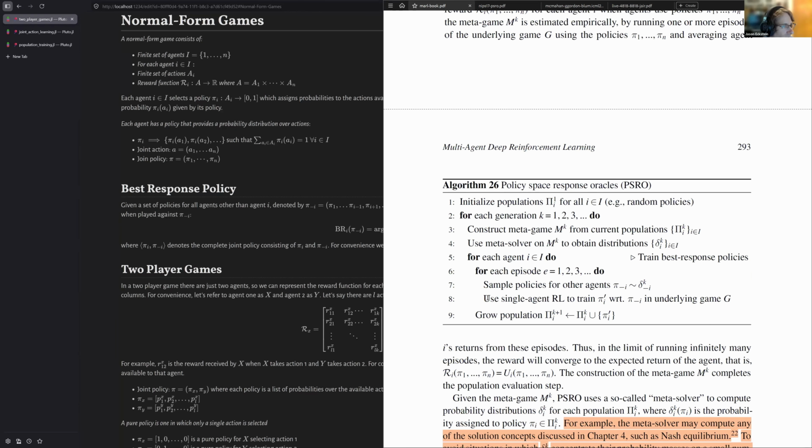And that's what this process here does: use single agent RL to train pi. In the book, this pi with the minus i means that these are some fixed policies for the other agents, right? Now, it's a little interesting the way we have to do this. When we create whatever this MDP environment we're training against,